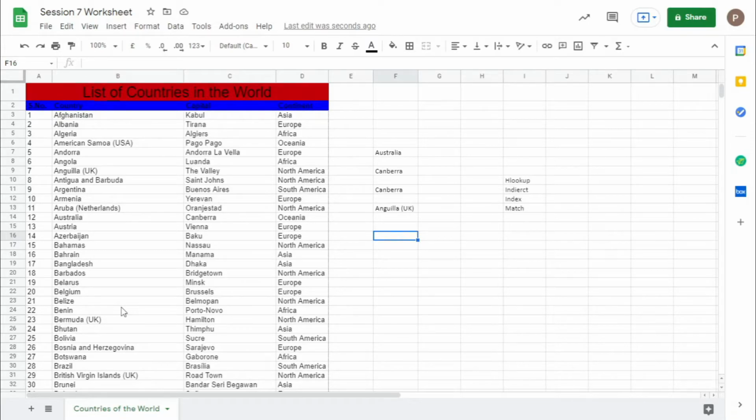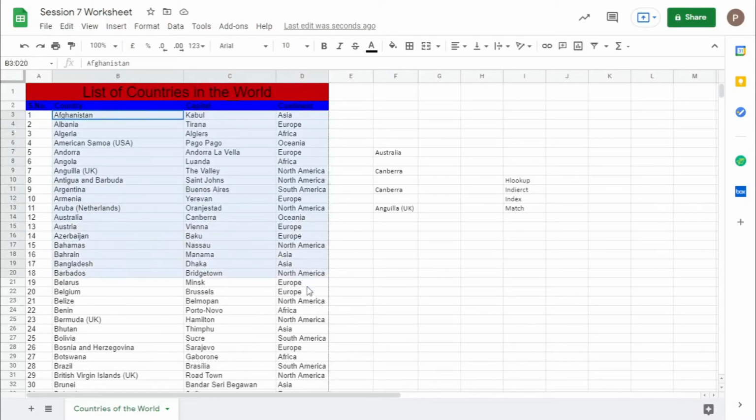VLOOKUP is only useful when a country is given and a capital can be found. It is easy when the one you are searching is in the leftmost column and the one you have to find is on the right side, since you can have whatever you want after the range, and still have the one you are searching in the left part of the Excel sheet.